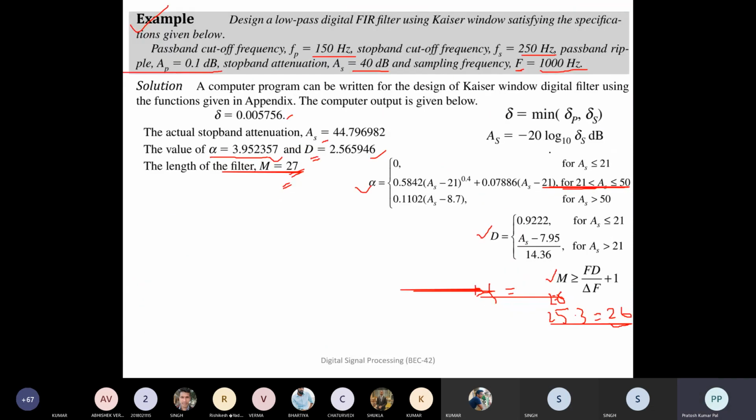Some more numericals we will see if time permits. So that is the questions. So in case of this